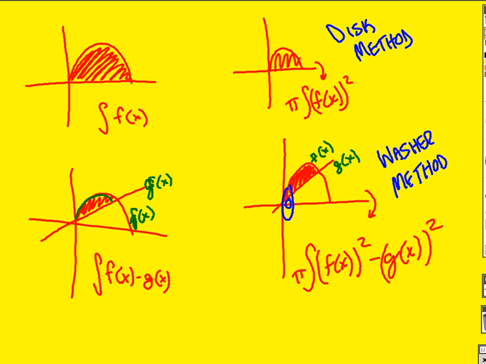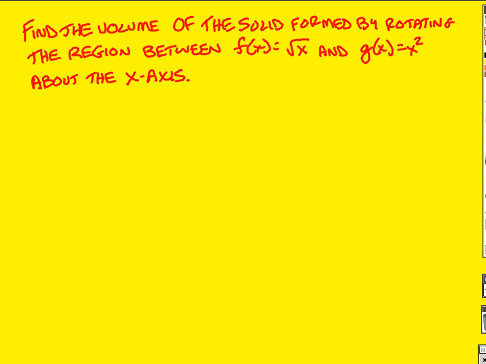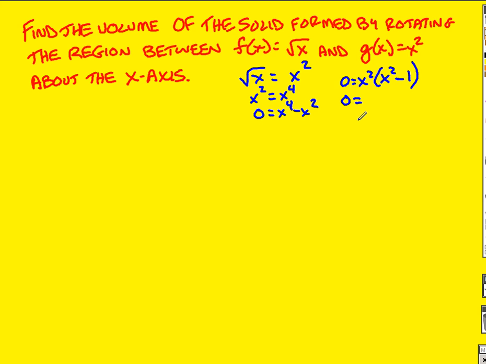What we're going to do is say, first we need to find what the intersection points are. So we're going to just set the two functions that we have equal to each other. So f of x, square root of x, equals x squared. How can I figure out when they're equal? Well, let's square both sides, and then let's try to solve. So I'll subtract x squared from both sides, and if I factor out an x squared, it would be x squared minus 1. So that means I have 0 equals,